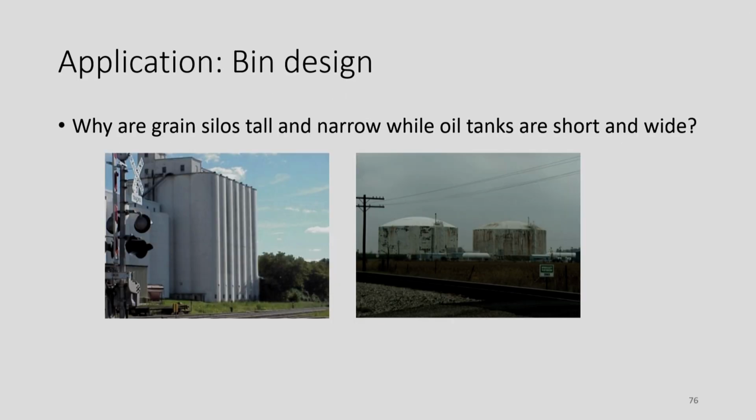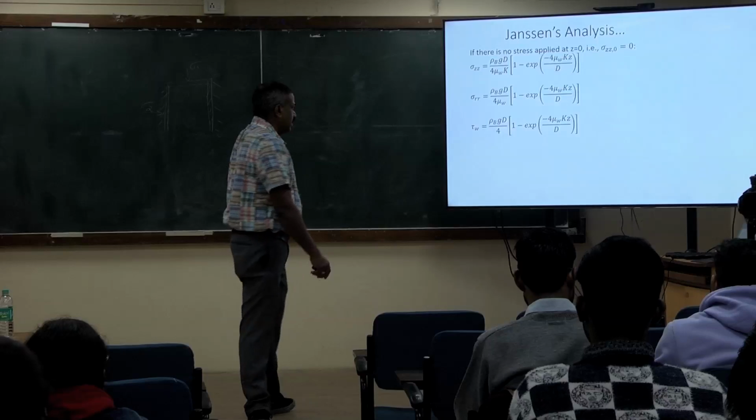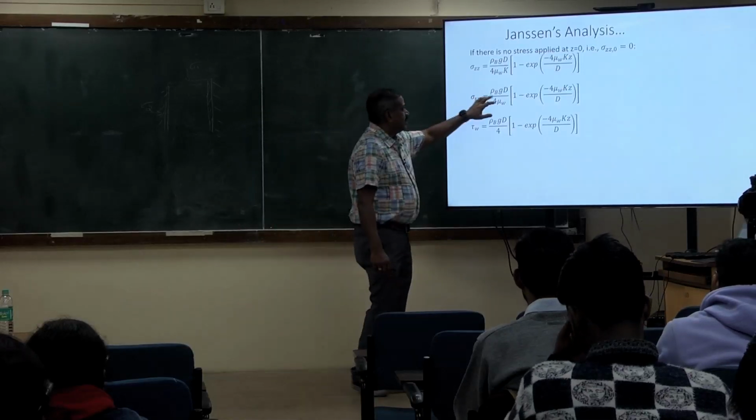So we talked about this, right? Why are grain silos or any powder solid material bins tall and narrow, but liquid tanks shorter and wider? Some of you gave the correct answer, so I'm not going back. This is Janssen's equation that we commonly use to get the stresses, both the vertical and the radial stresses in bins. I'm not going into the equation yet, but in general,